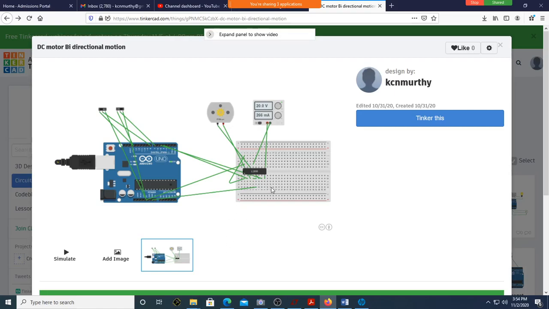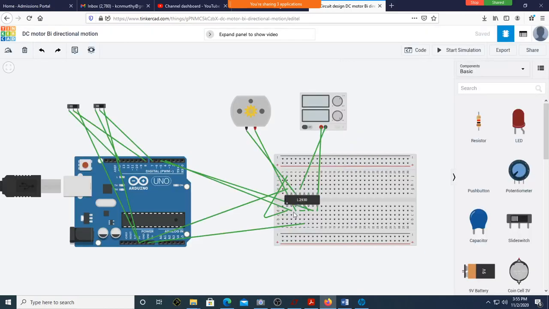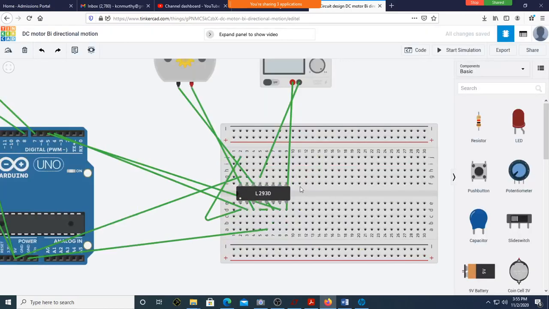Can you see here? I have used... Is it visible? Sir, can you make it a little bigger? I'm making it. Let me just simulate. It's opening, wait for some time. Can you see all these things?